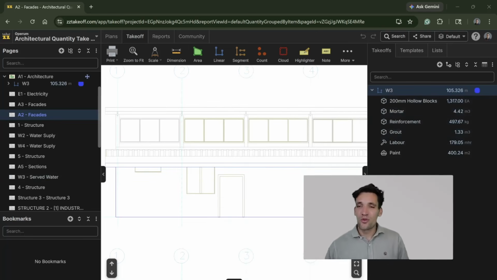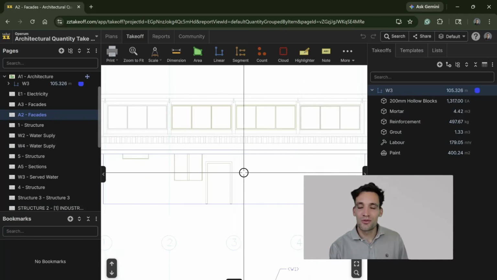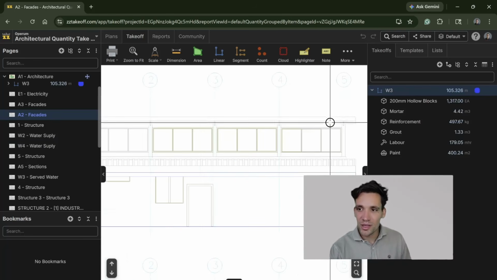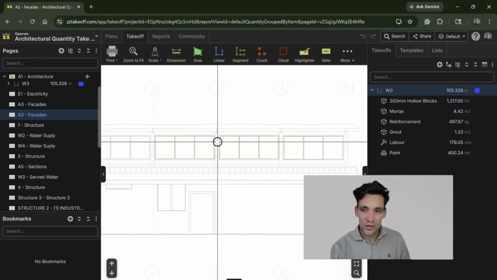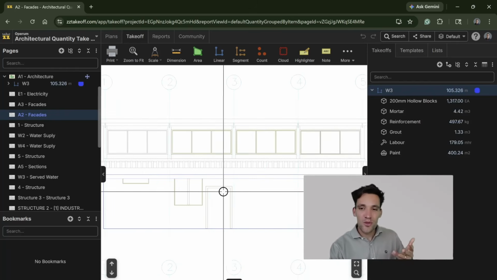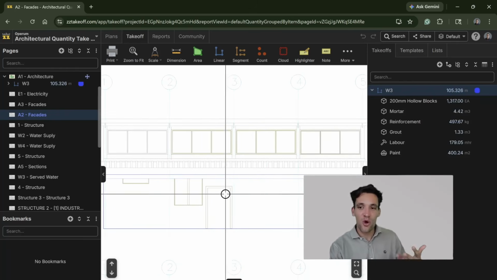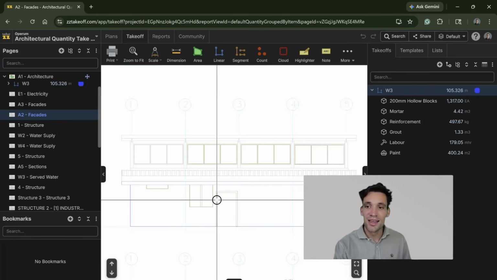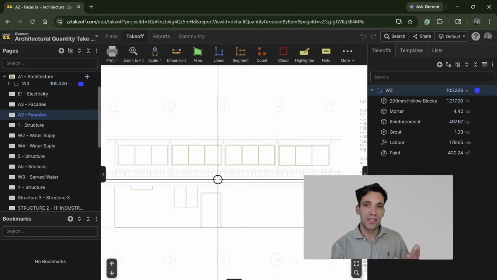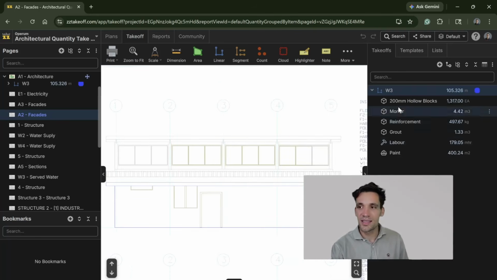Again, I am always of the view, and maybe this is because I cut too many corners, that you're better off being roughly correct than precisely wrong. Unless you have a wall like this, which is all windows, I am not too fussed if I slightly overcount a few of these things. So if I was doing this takeoff, I probably wouldn't even consider the doors as a double counting thing, because